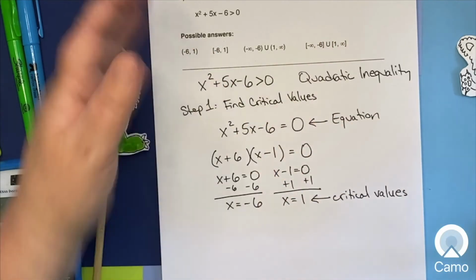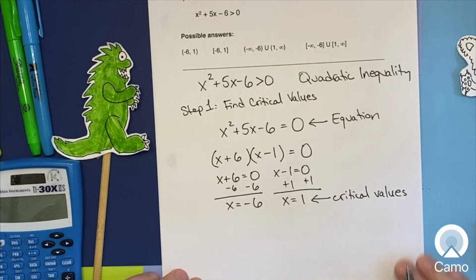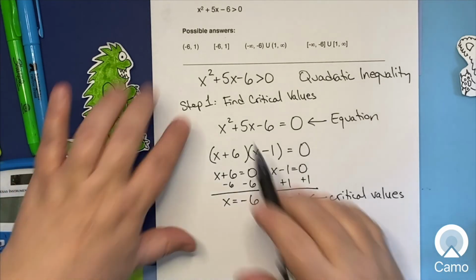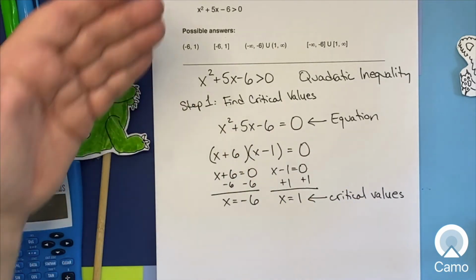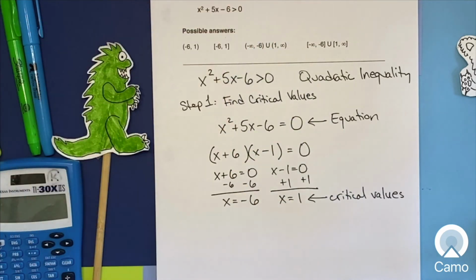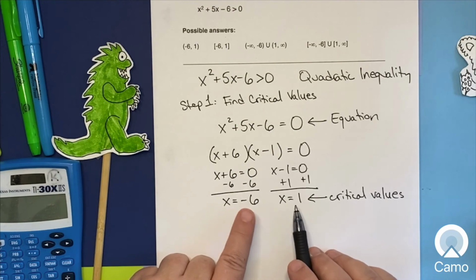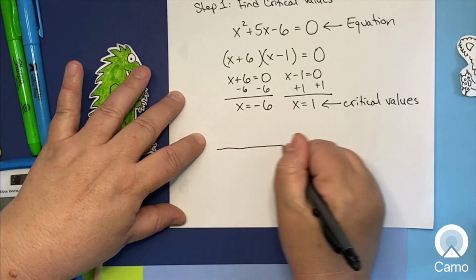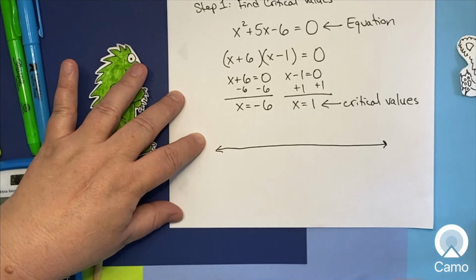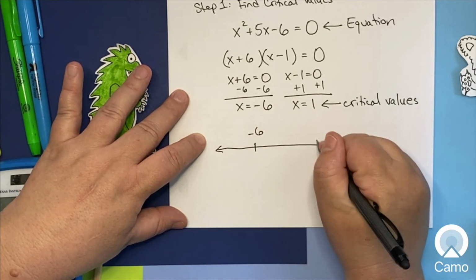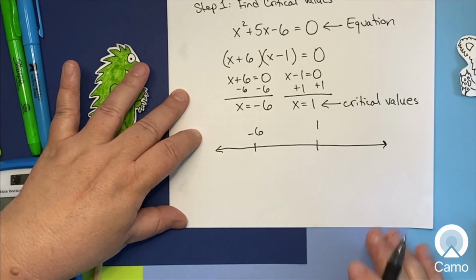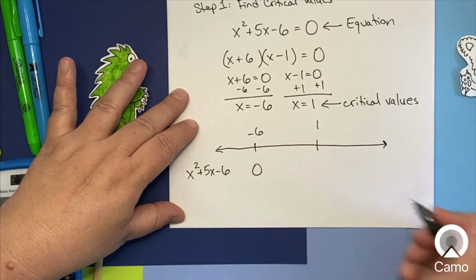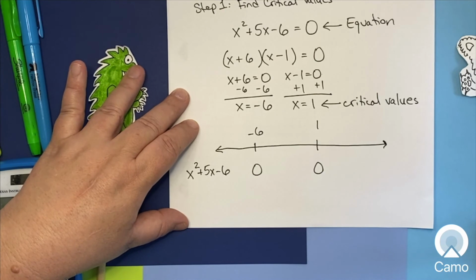I waved my arms a lot when I did the videos, basically to say that when this quadratic expression passes from a positive to a negative or negative to a positive, it has to go through 0. So these are the only two places where this expression can pass through 0. If I've got a number line, it doesn't have to be beautifully drawn, and there's -6, and there's +1, then I know that this expression x squared plus 5x minus 6 is 0 here and is 0 here. And what I want to do,